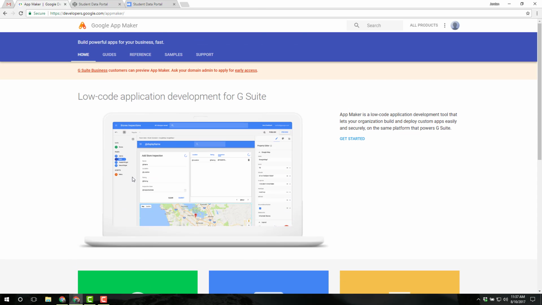I'm not going to talk too much about those because I don't have access to this yet. I requested access, but I'm just one lonely developer sitting at his computer, and I don't have a full G Suite for Business domain. So I have to wait along with everybody else and make do with HTML and CSS as my development tools,